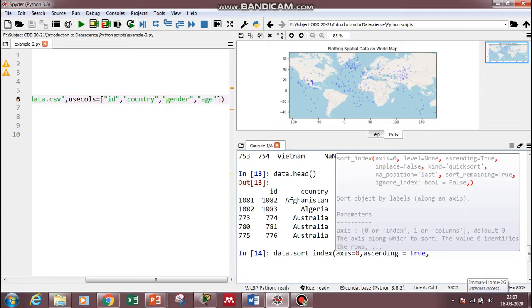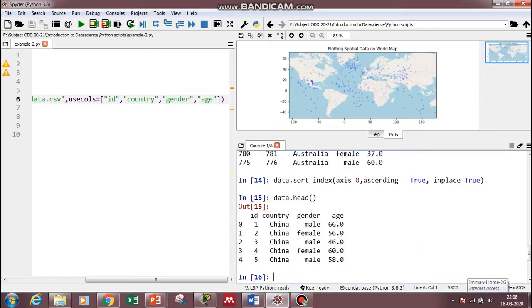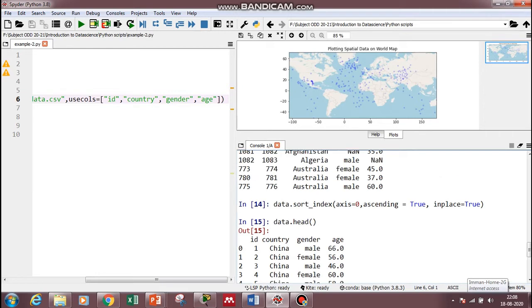So let the axis be fixed to 0, and ascending is equal to true means start from index 0 till the last one. Then inplace is equal to true. Now you see data dot head, it has reverted back to the original one with the index 0. So this is how we do sorting.